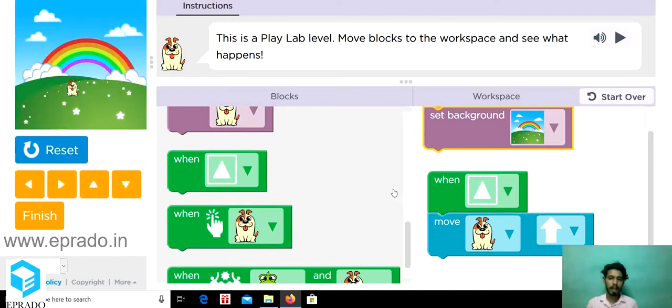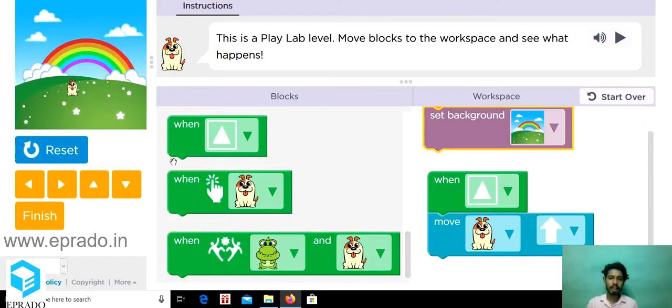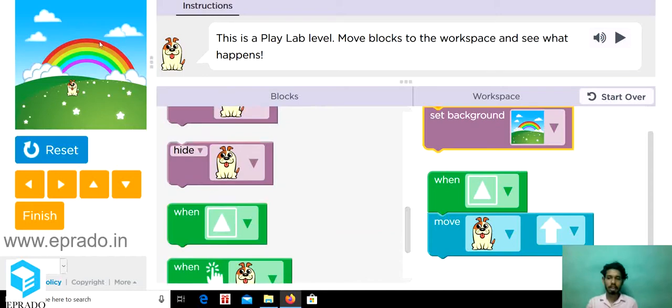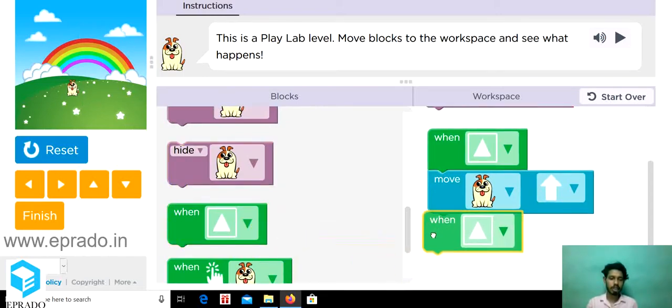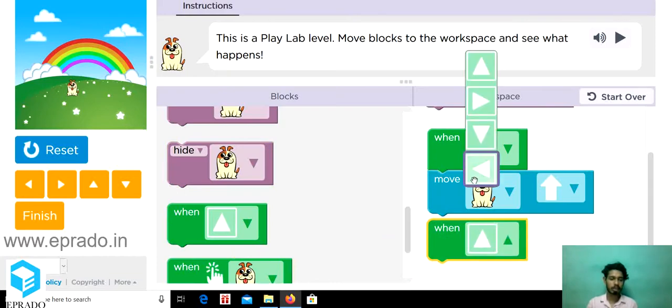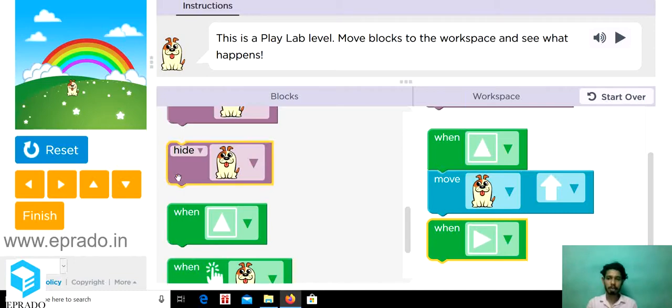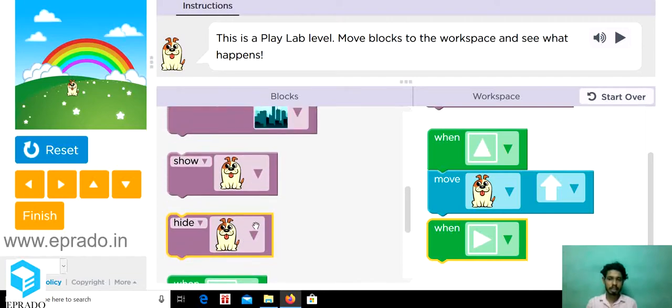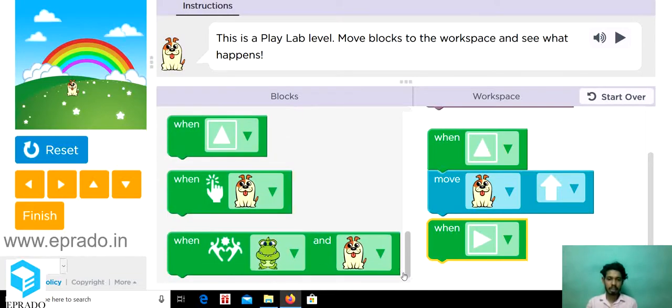Similarly, we can make the dog move in any direction, anywhere on the screen. Let's try some other direction. Now I am choosing right. Whenever this right key is pressed, the dog should move towards the right.